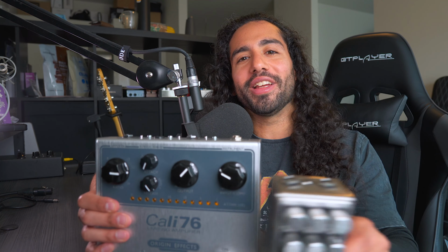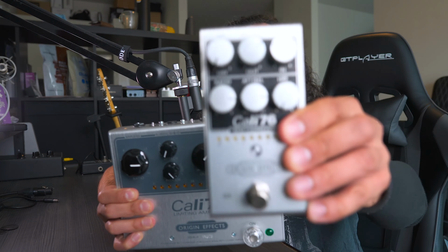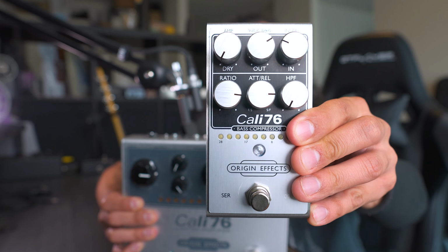What's up guys, Ivan Carranza here, and today we're comparing the Origin Effects Cali76 TX against the new Cali76 bass